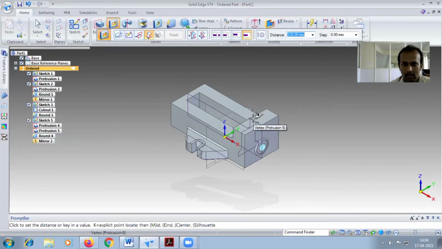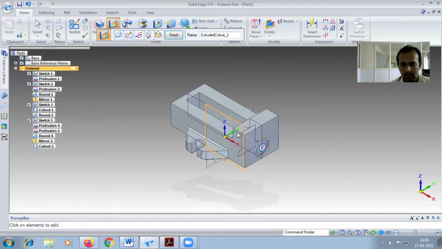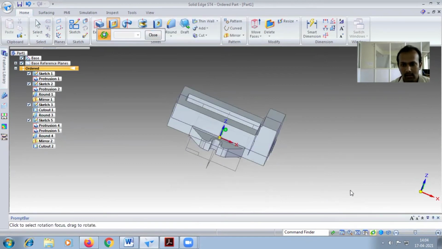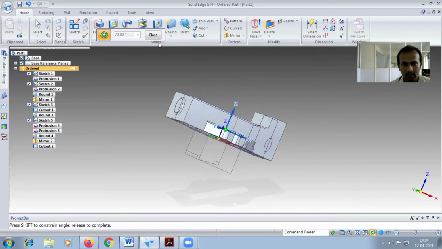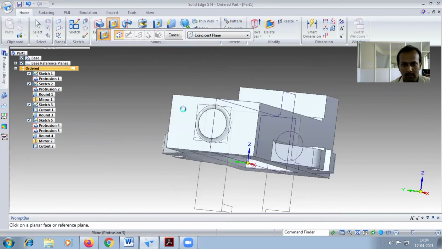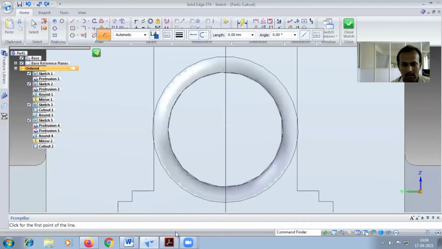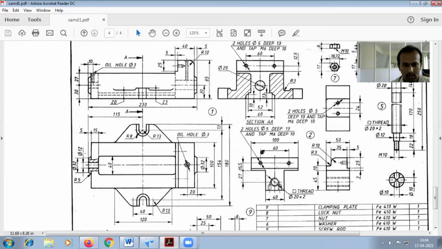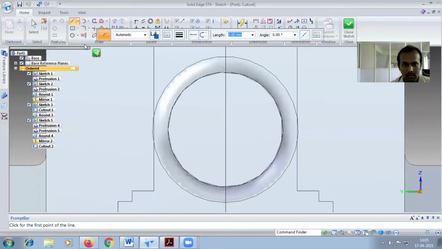So inside through, next you have to select that one. Up to that one you have to make a hole, I mean cut. As it is the same in the opposite part, go for cut. Here the diameter of the circle is only 12. Exactly draw the circle at the center.